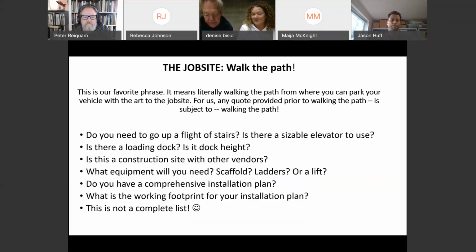Peter got me thinking earlier when he was mentioning that he was thinking ahead about the assembly of his hammer on site. He has these openings, these access holes, so that he could bolt everything together. So what Peter was doing there is he actually walked the path of the assembly of his art. So walking the path isn't necessarily just walking the path. It's mentally going through all of the motions that take you from